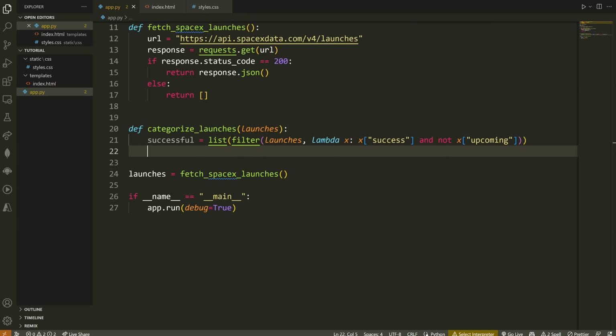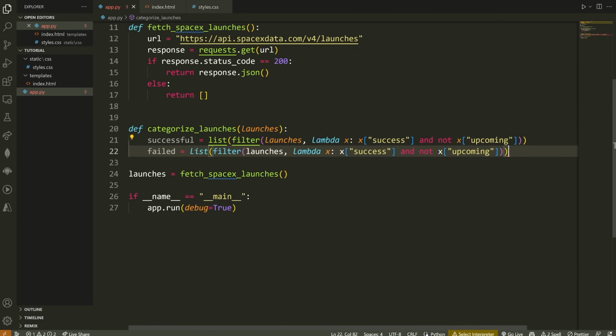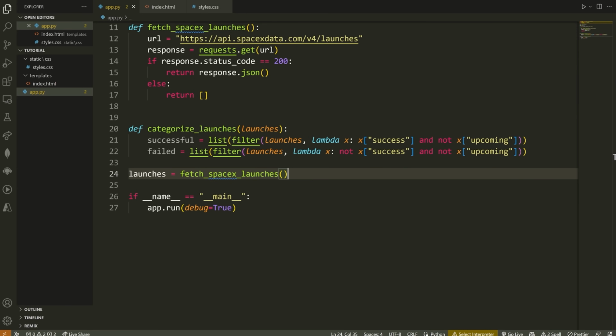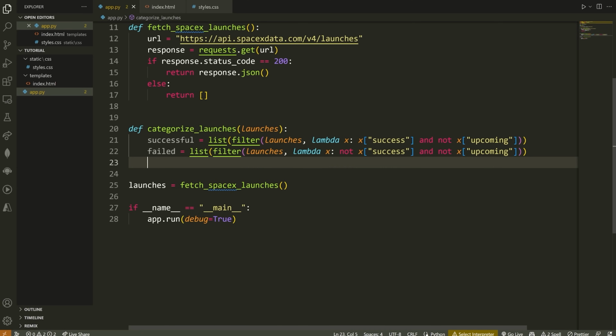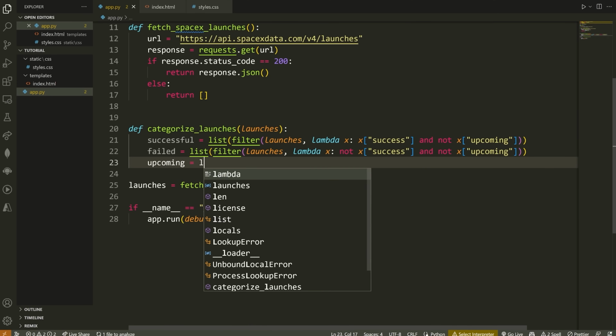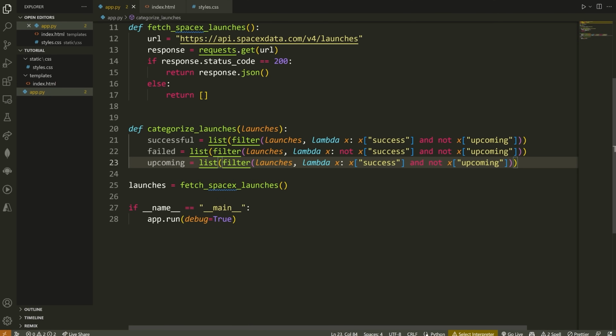Okay, so next we're going to say failed is equal to, and we're going to copy this exact same thing, and we're just going to change the condition slightly. So now we're going to say if not success and not upcoming. Okay, so we've just switched this around now, so we don't want this to be successful. And then lastly, we're going to say upcoming is equal to, and we're going to paste this, and now we're just going to put upcoming.